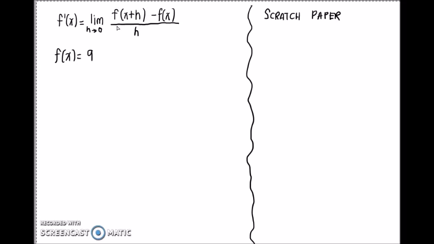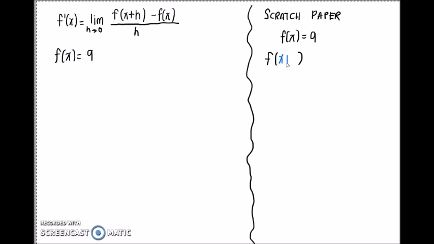Okay, so as you can see here, we have two different functions, f of x and f of x plus h. It means kailangan marunong tayong mag-evaluate ng functions. We have discussed evaluating functions way back in general mathematics, wherein we will replace x with another value or another expression. So, for the sake of discussion, recall lang natin, if we have f of x is equal to 9, and you are asked to find f of x plus h, it means that the x here will be replaced with